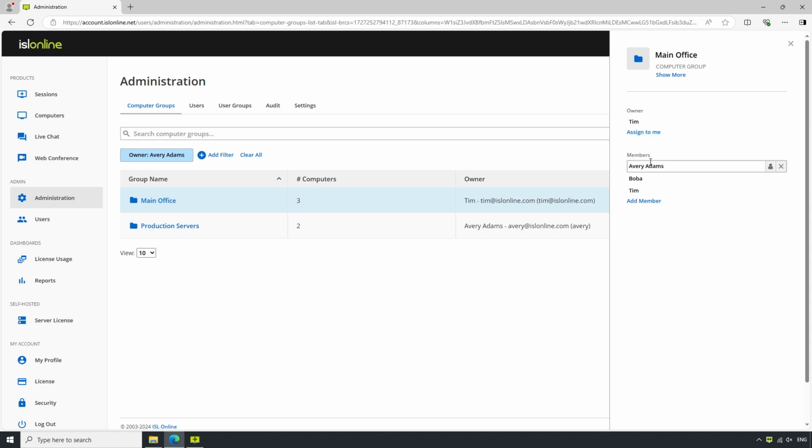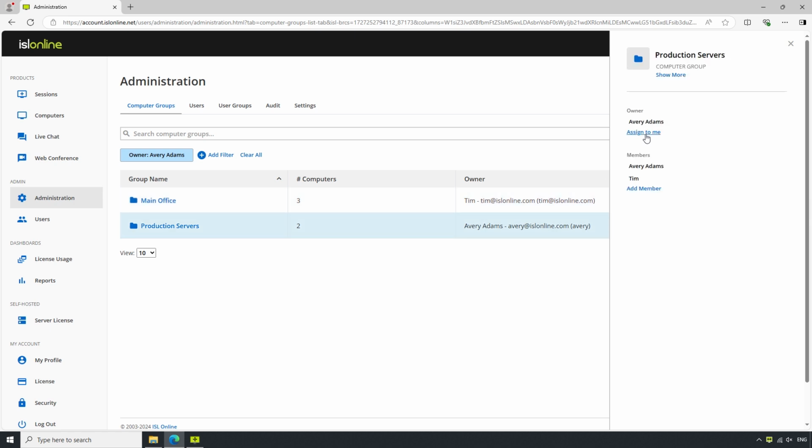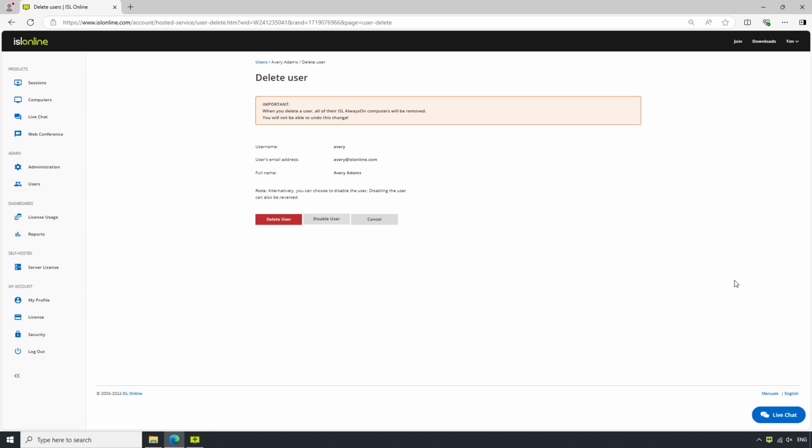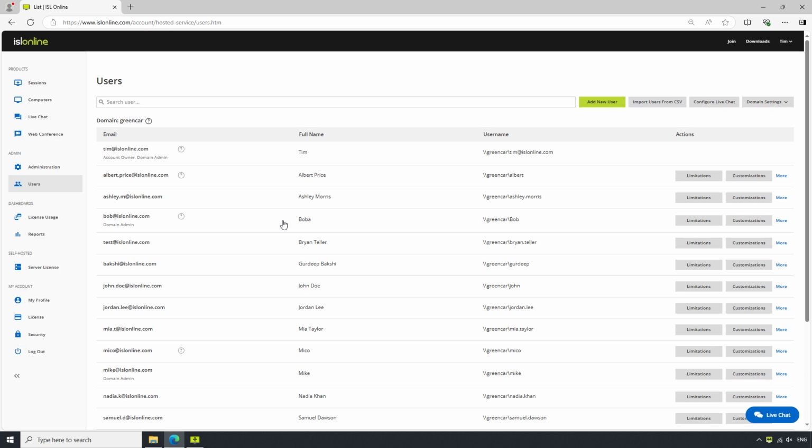Let us also make sure to remove the user we will be deleting by clicking the X button to the left of their username. Once we have done this for all of the user's computer groups, we can then proceed to head back to the Independent Users tab, open up the Users menu, and try to delete them again. This time, we can simply delete user. The user is now deleted, without any loss to our computers or computer groups.